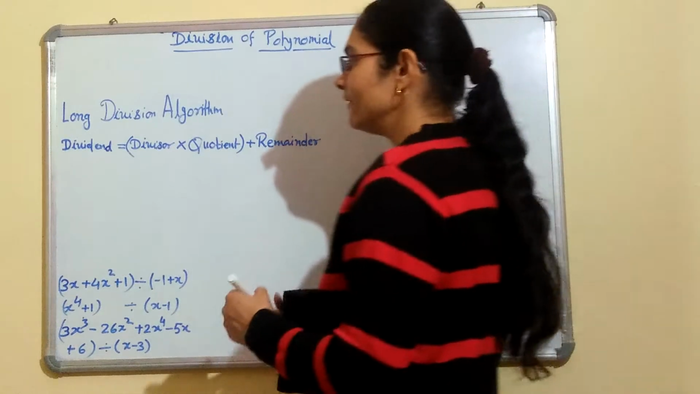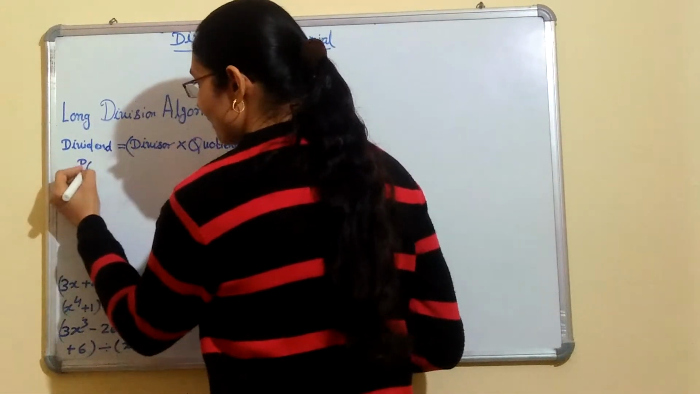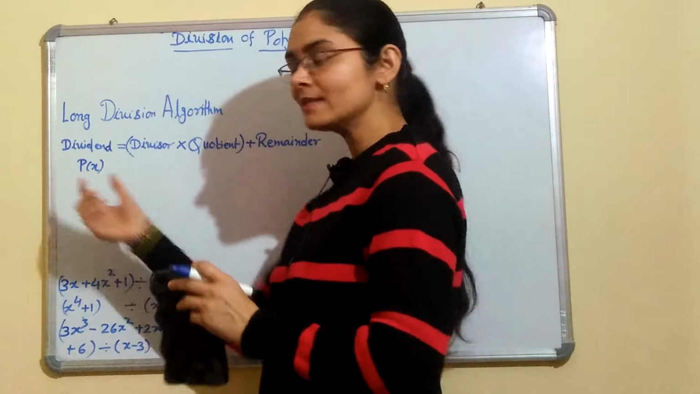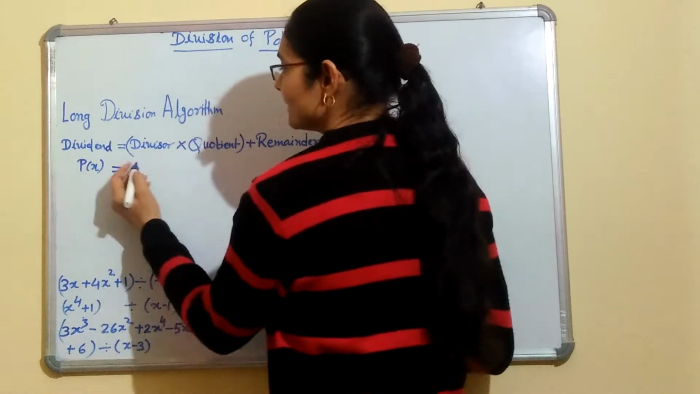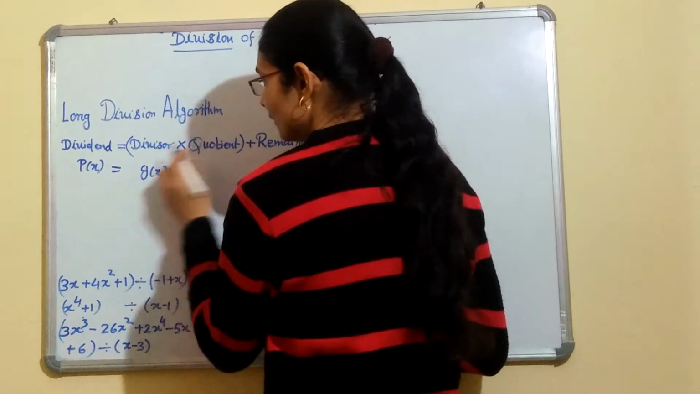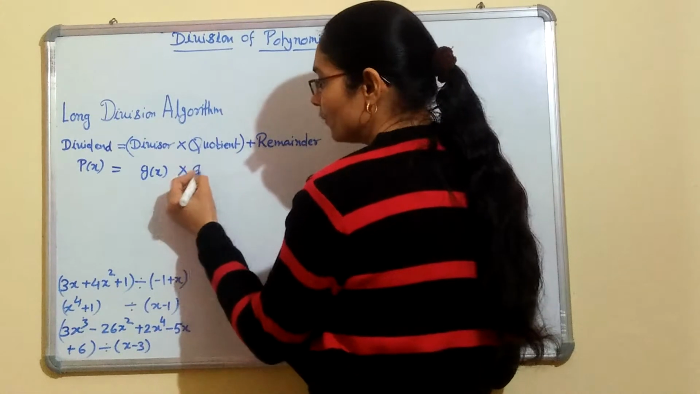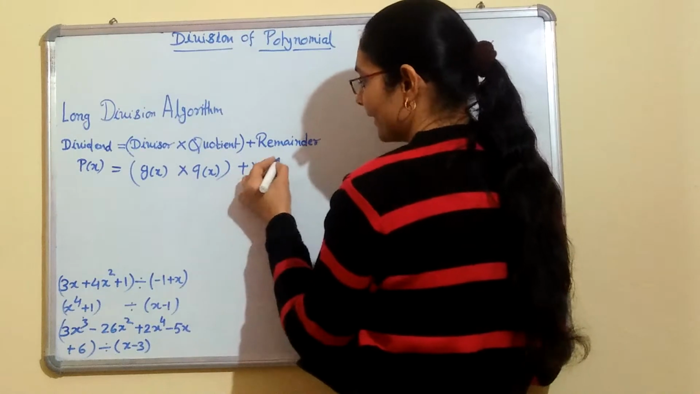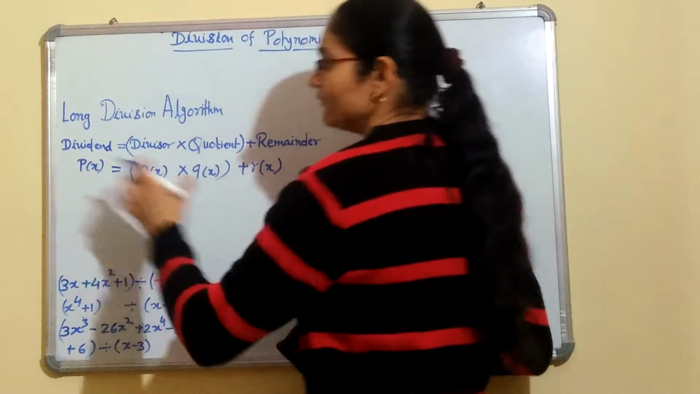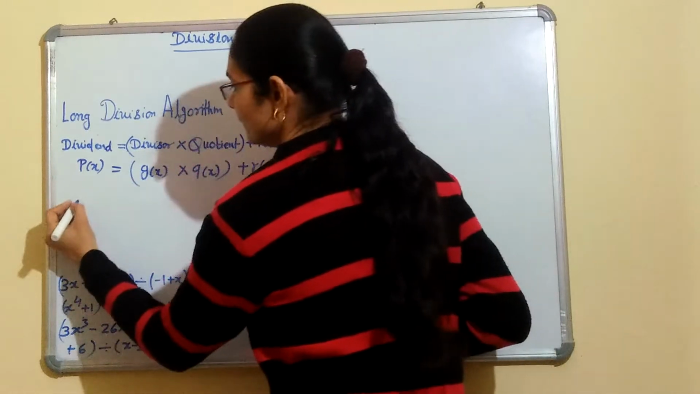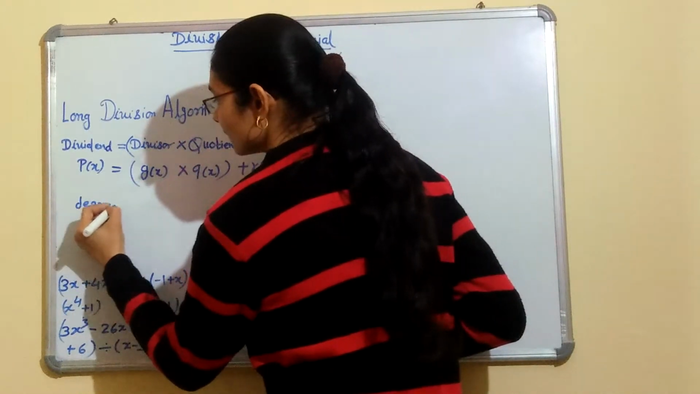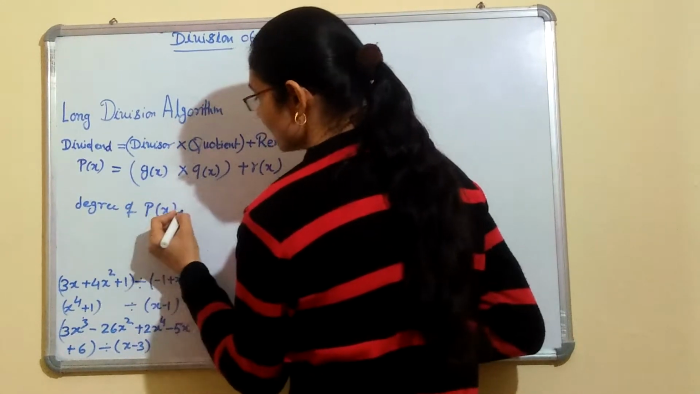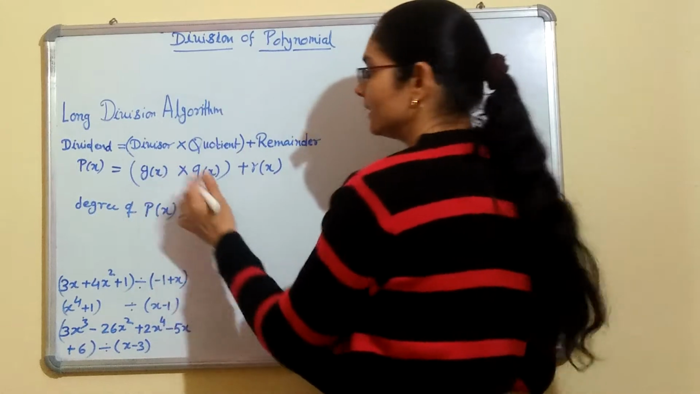We denote dividend by the polynomial p(x), where p(x) means a polynomial in terms of the variable x, divisor by the polynomial g(x), quotient by the polynomial q(x), and the remainder by the polynomial r(x). Division is possible if the degree of the dividend, that means the degree of the polynomial p(x), is greater than or equal to the degree of the divisor,